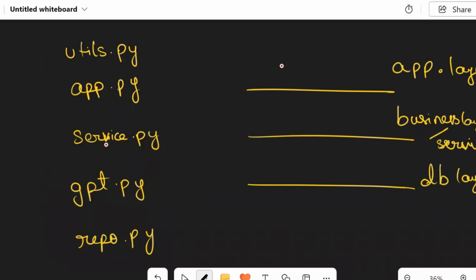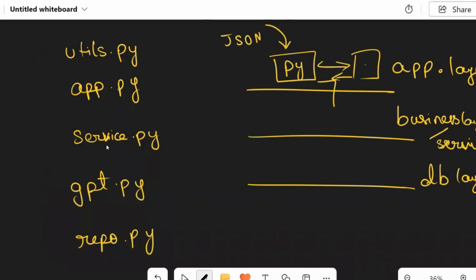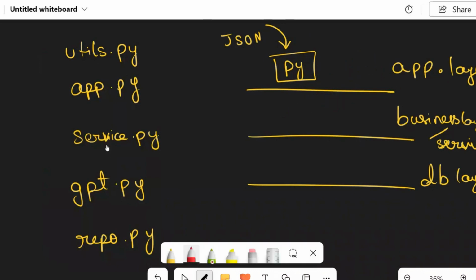The idea is that you're going to have a Python file which the user will interact with. The moment the user interacts with this file through, let's say, JSON data, for instance, the user will send some JSON data to this file, it will read that JSON data, and the moment it reads the JSON data, this file itself will not go to the database, get the data, perform some computation, and provide the response. It doesn't do that. Instead, what this particular app layer file does is